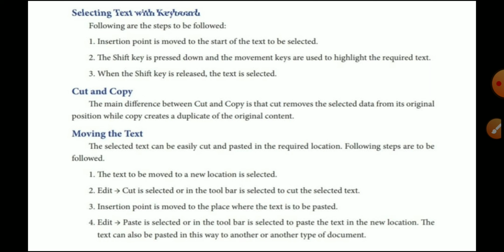In the menu bar, Edit, Cut. Otherwise another shortcut key is Control X. Control X is to cut or move the text.